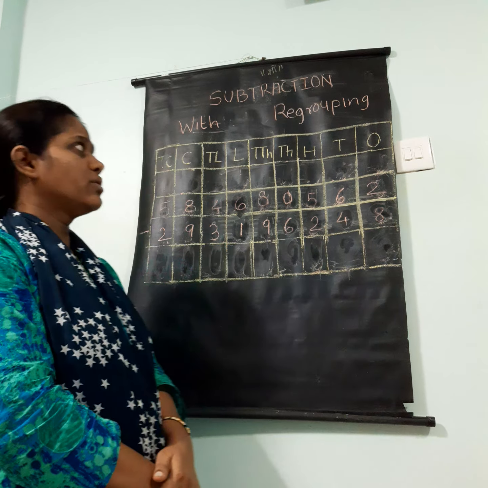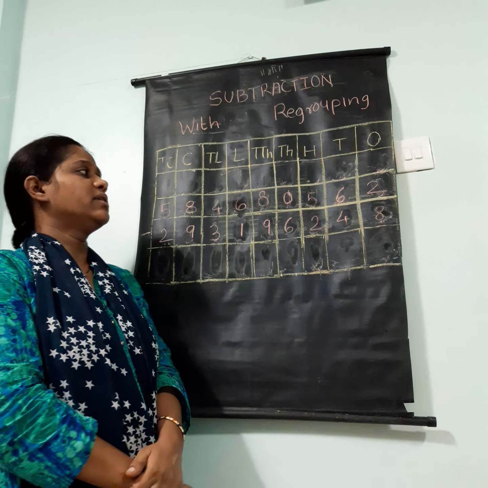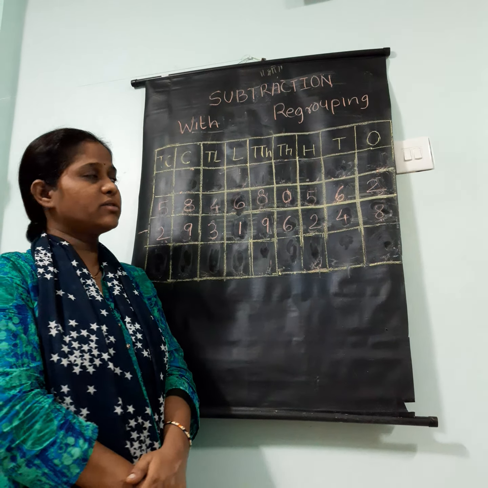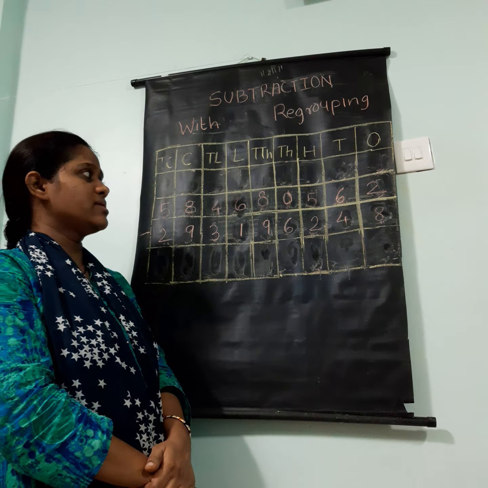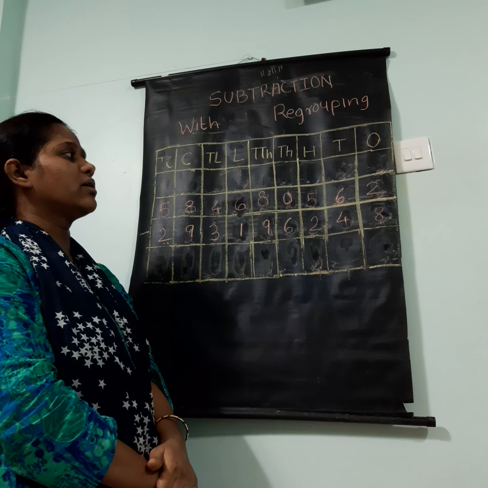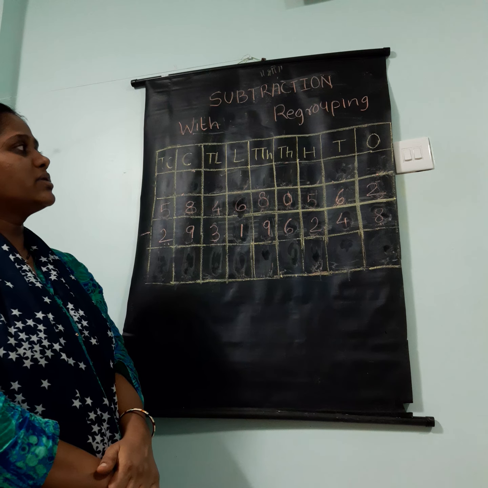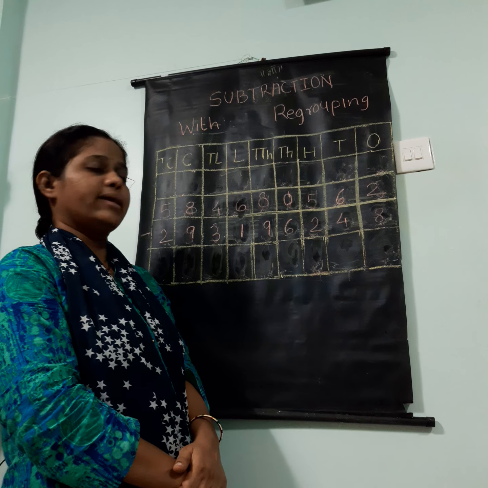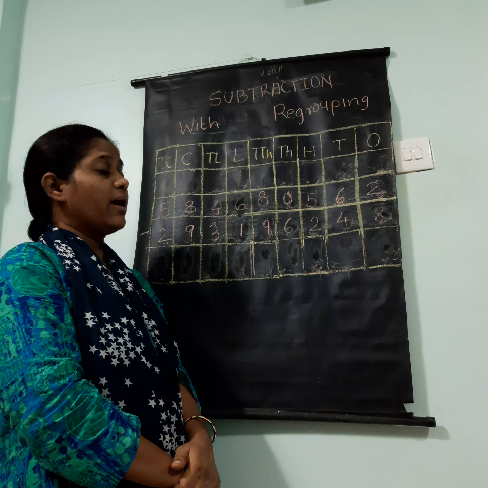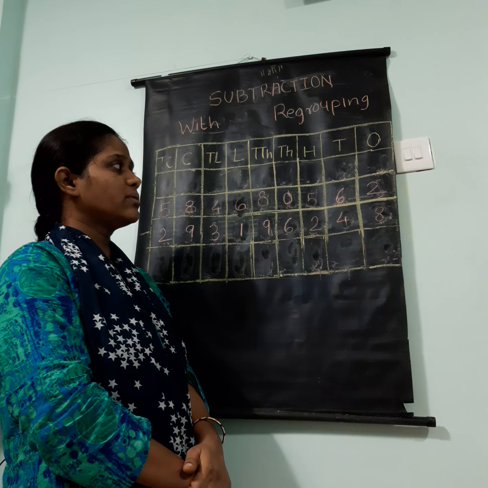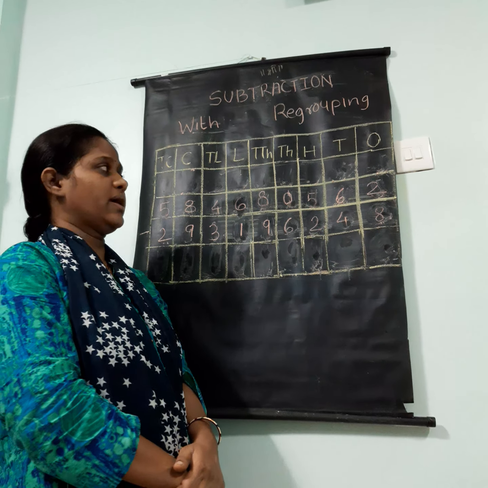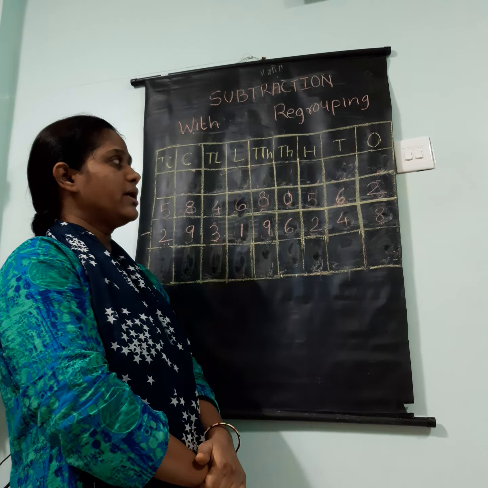Let's solve one more example. First step, as usual, you will copy the place value chart. Then you will copy the sum properly, that is ones below the ones, tens below the tens, till the highest column, that is 10 crore. Now here, as you see, in the ones column I have 2 and 8. I need to take out 8 ones from these 2 ones. That I can't do. As you know, I have to go to the tens place.